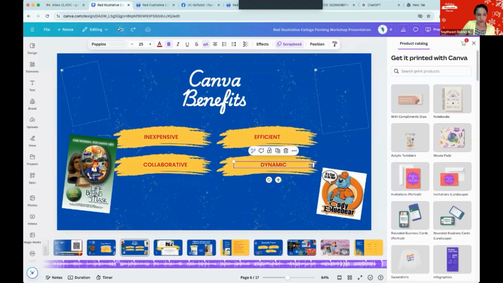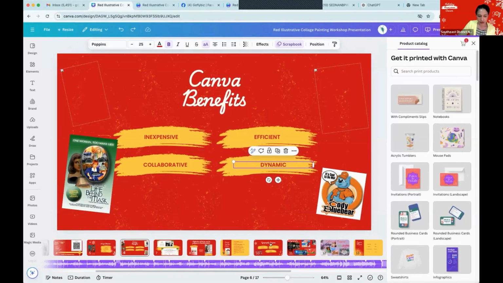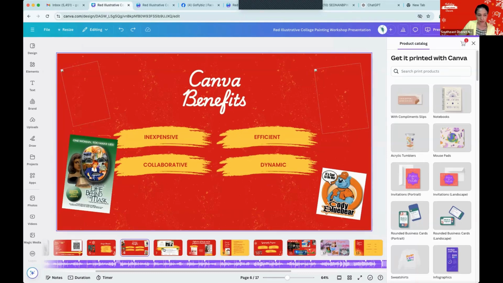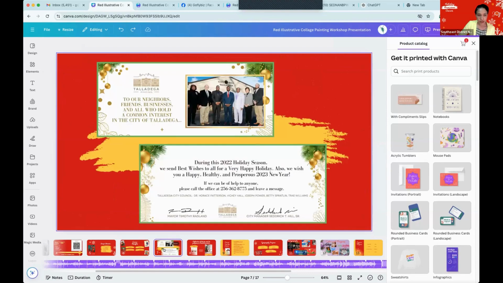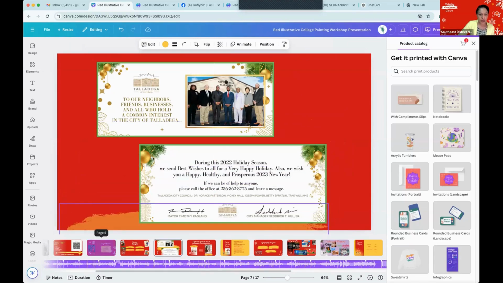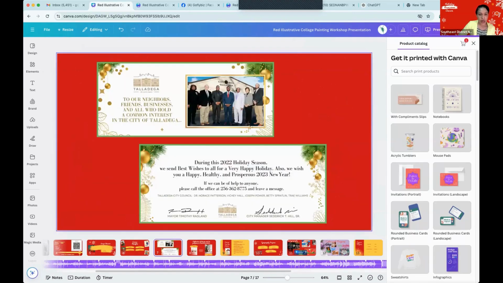So I'm still undoing all the way back to the red background. So you can undo as long as you're still in the document, but once you come out of it and close it, you're out of luck. So if you have a partner, you're collaborating with someone and they change something, you want to make sure you're in there. So since we're going to use holiday cards today to review,